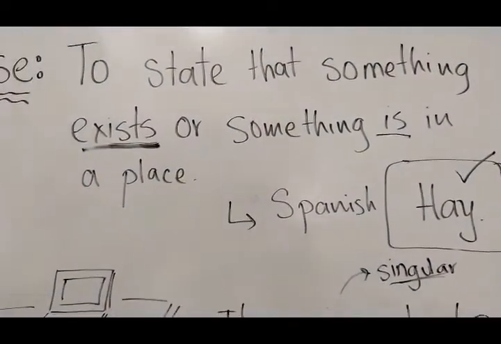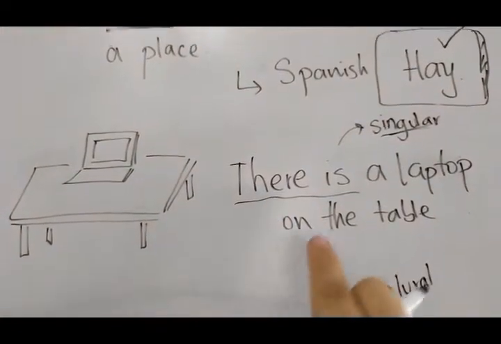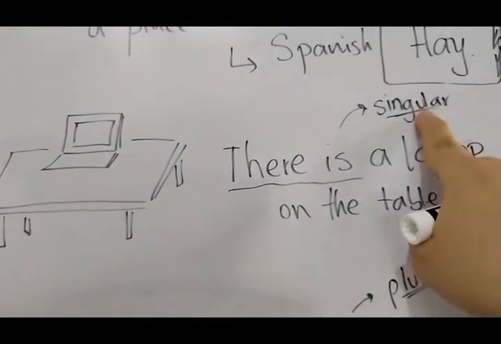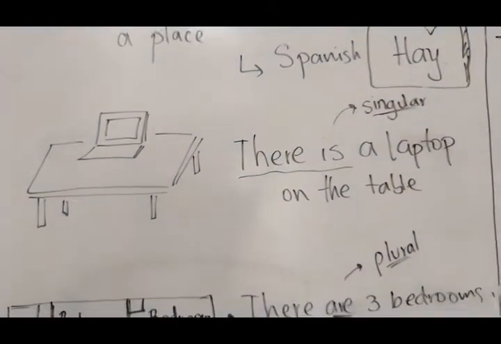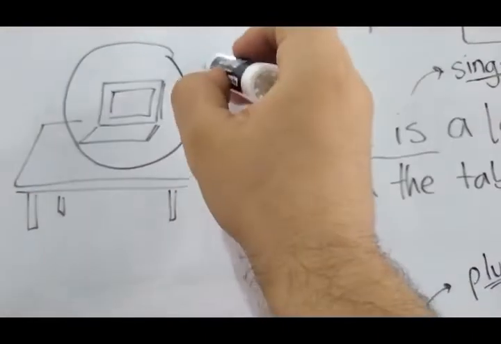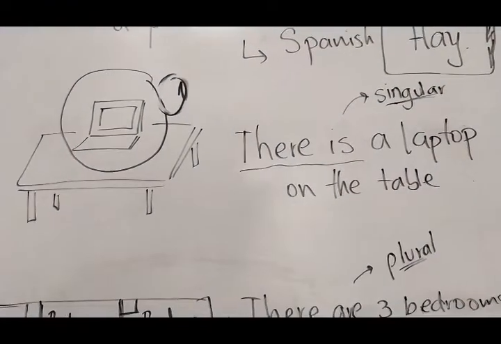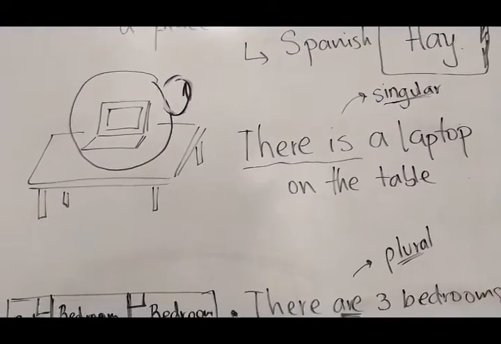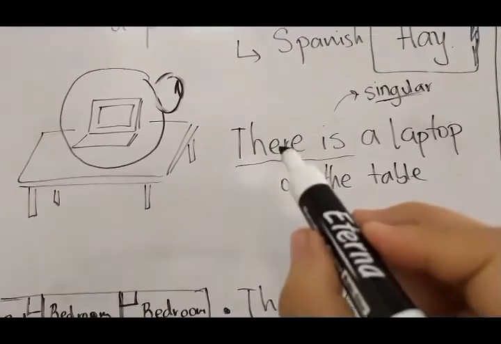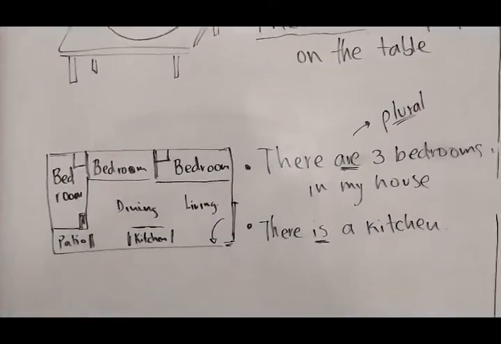So let's see some examples here. We use there is when we want to refer to one thing. So when we use singular objects. So in this case we are referring to one computer. One. So we use there is. For example, there is a laptop on the table. Hay una computadora encima de la mesa. So remember, there is for singular, and for plural,